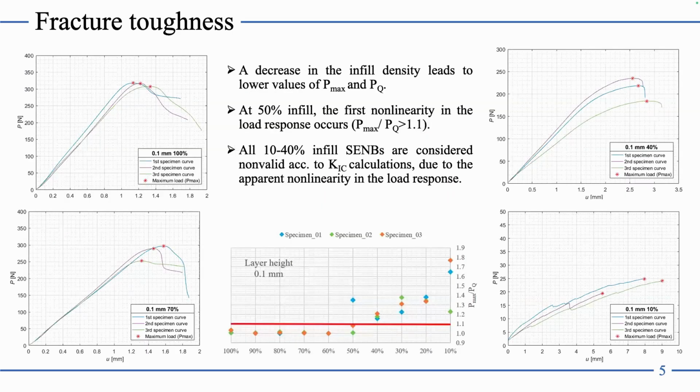Just some results, the force displacement data from 100, 70, 40, and 10 percent. We see that with lower infill densities, the force values are lower. If we look from up to down and next to 10%. At 50%, we don't have a diagram here, but from this ratio of maximum and conditional value,